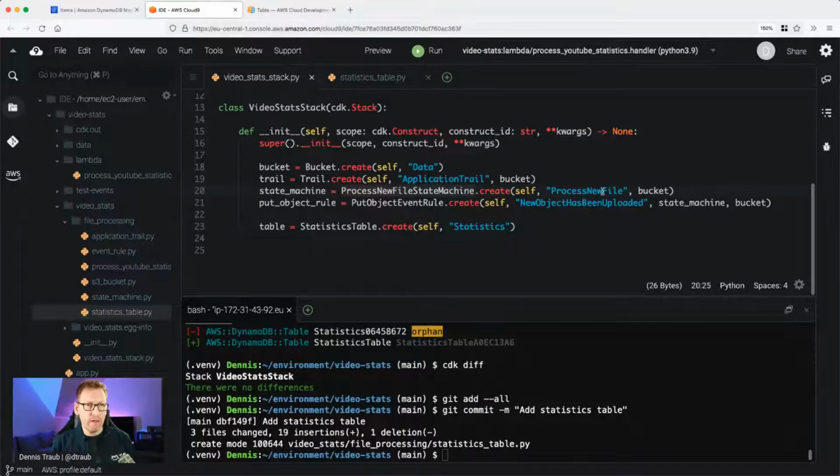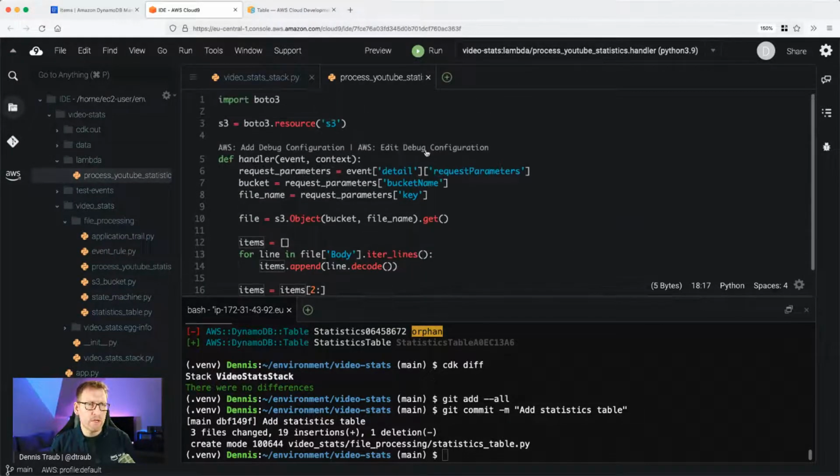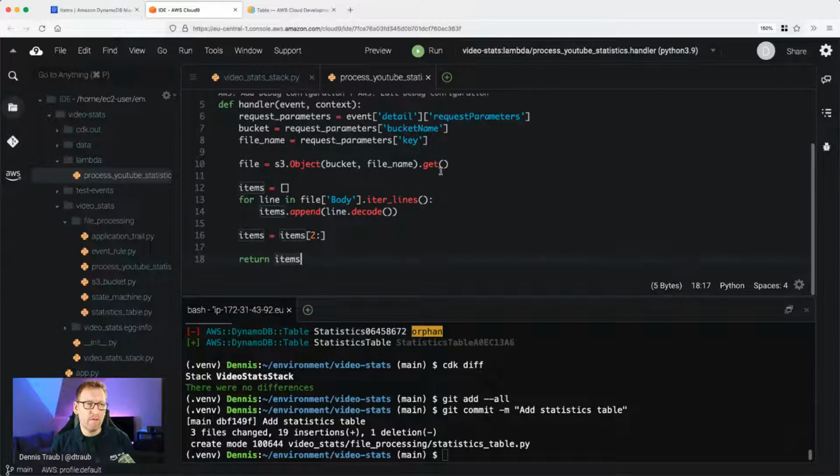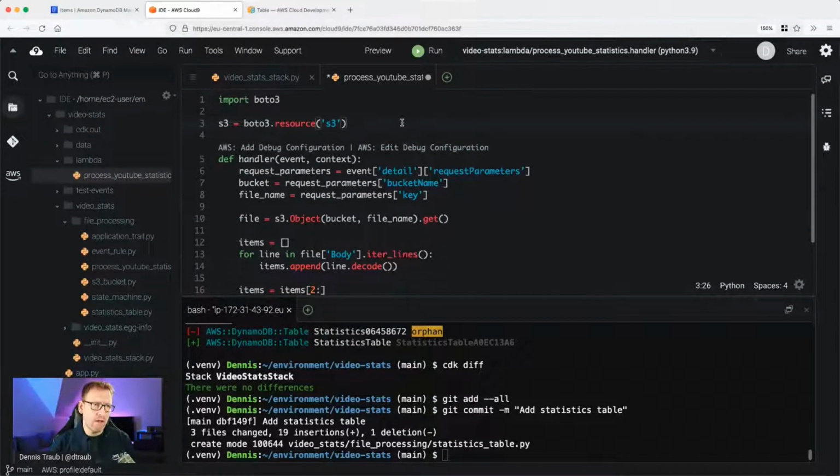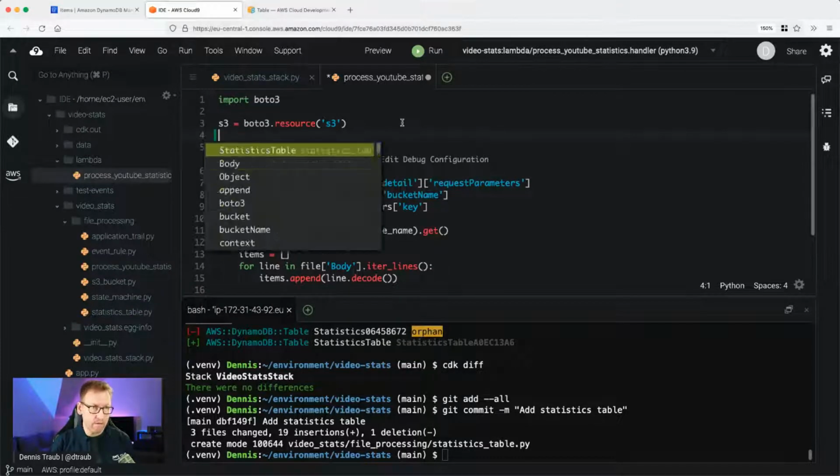Inside of our state machine, we have our Lambda function. And the Lambda function, again, where is it? We don't need this. The Lambda function is here. So this function should be able to write into the table. How does it do that? By simply saying DynamoDB put item. So it calls the put item API of DynamoDB. To be able to do that, we need a DynamoDB client. Let's call it DDB